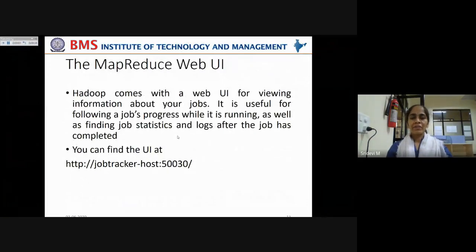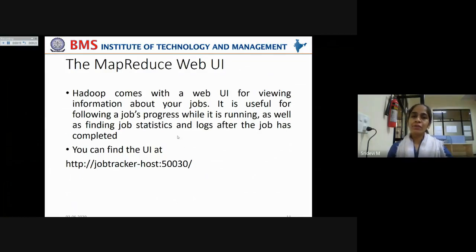Now let us understand the web user interface of MapReduce, so that when the jobs are running, we know how to understand what is presented in it. Hadoop comes with a web user interface for viewing information about your running jobs.